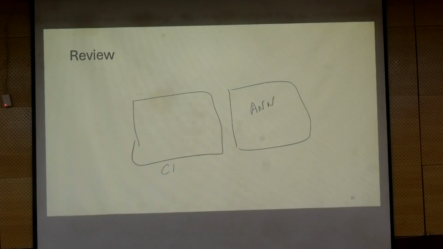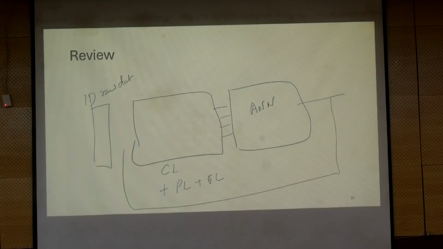And today I introduced you to CNN, which is a layer preceding the ANN model, and here convolutional layers plus pooling layers plus a flattening layer are added. The whole goal was to take just one-dimensional raw data and let this generate features for the ANN, and then the rest of the process is still followed, except that now more weights have to be optimized.